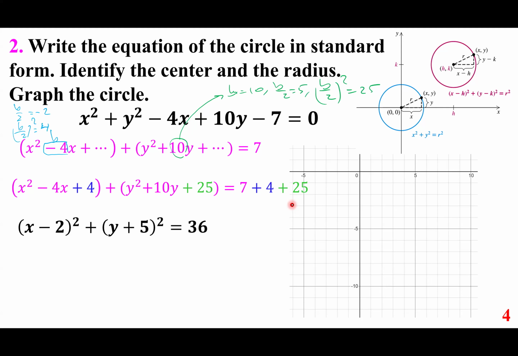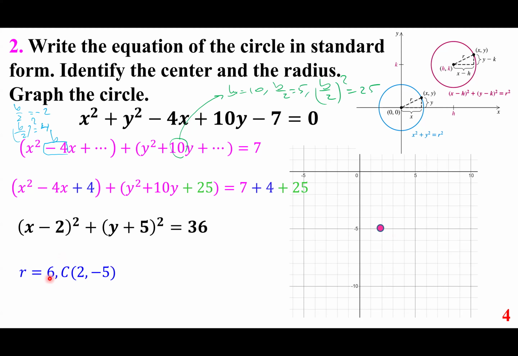So that's very straightforward. We have the radius, we have the center. So the center is located at 2 to the right, 5 down. This is -5, this is positive. So 2 to the right, 5 down. And now all we have to do is look at the radius and say we are going to go to the center